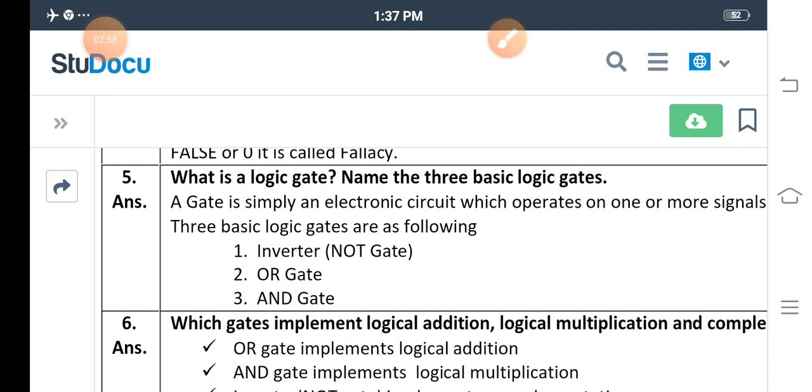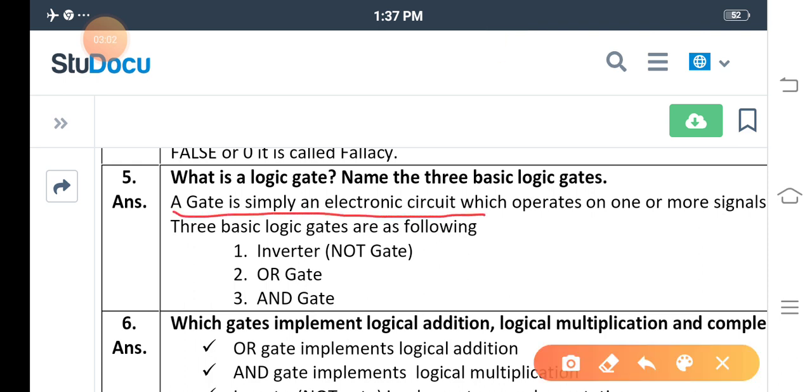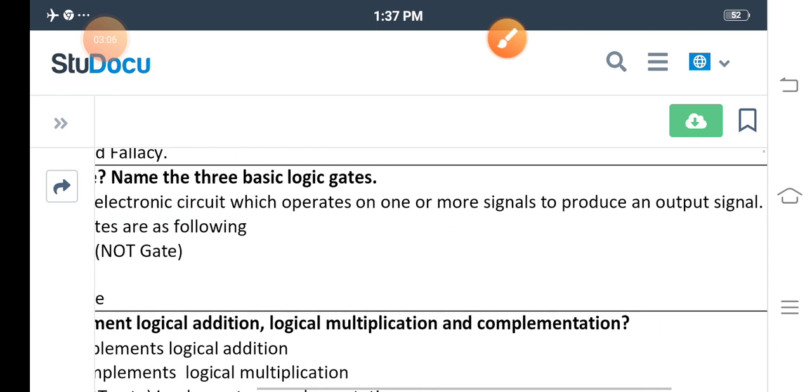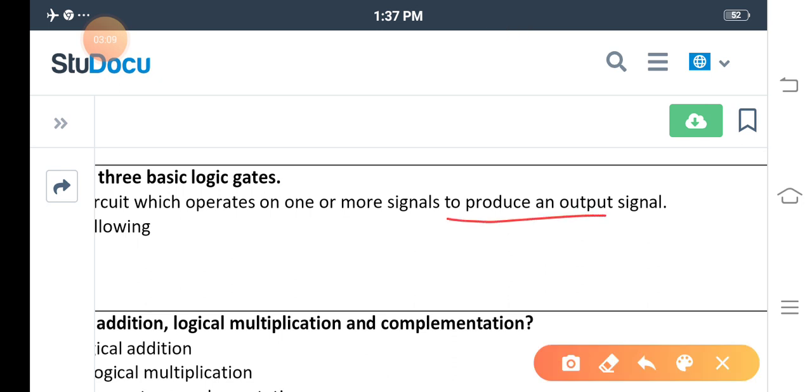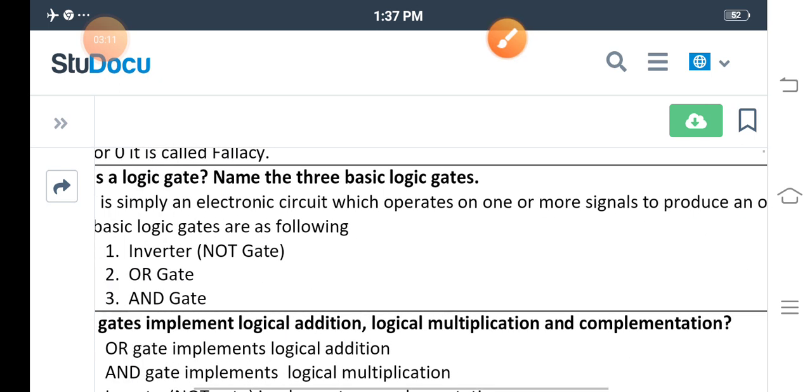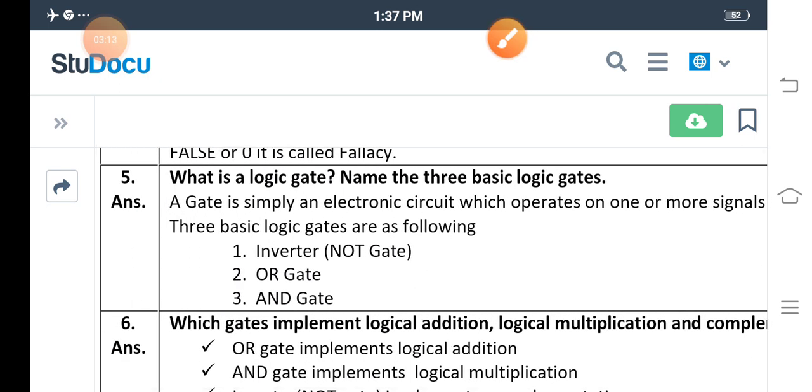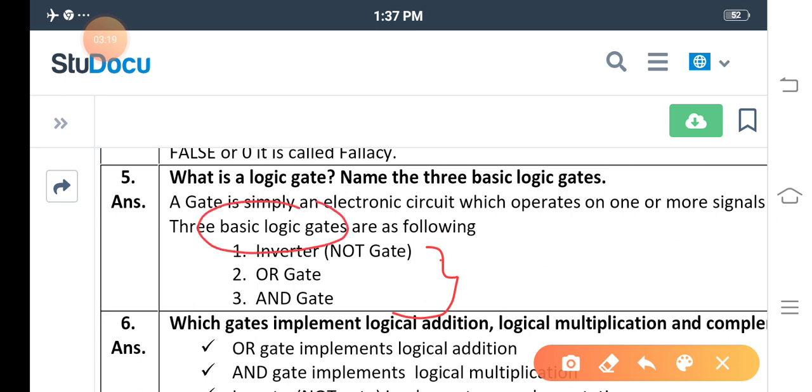Name any 3 logic gates. So that is also discussed. A gate is simply an electronic circuit which operates on 1 or more signals and produces 1 or more output signals. Now here the 3 basic gates are NOT gate, OR gate and AND gate. We have some more gates also, but these are actually known as basic gates. NOT, AND and OR, right? So this question. Now next,